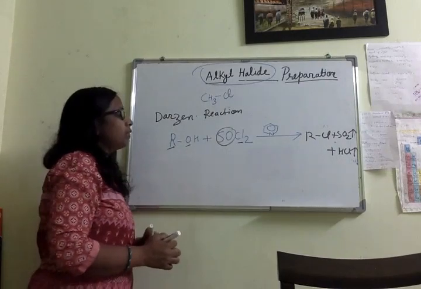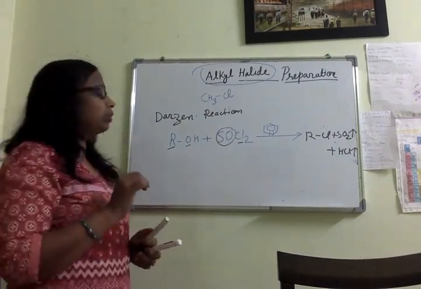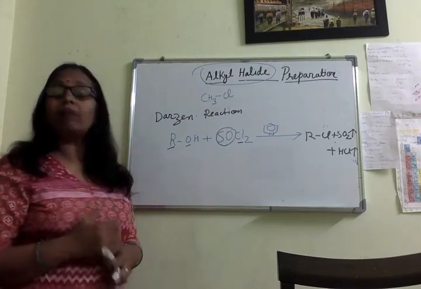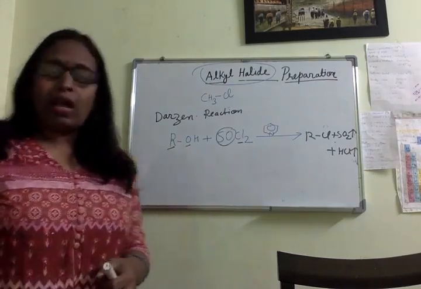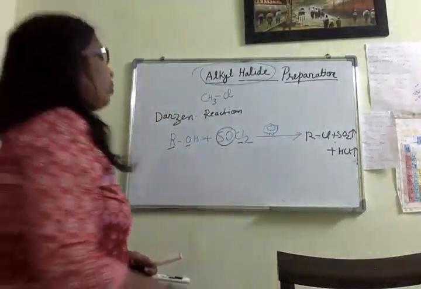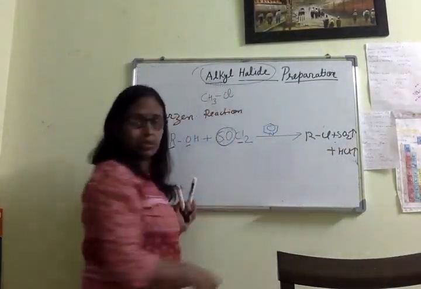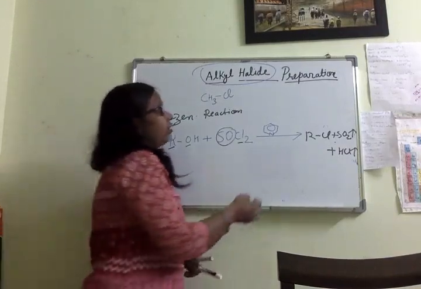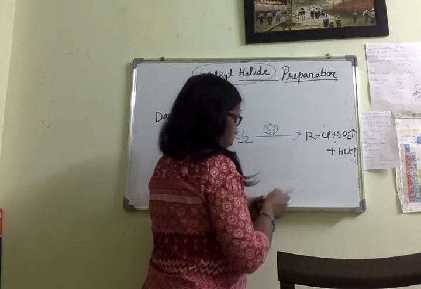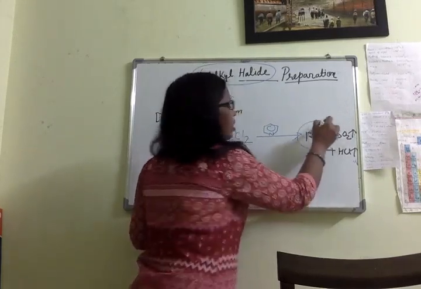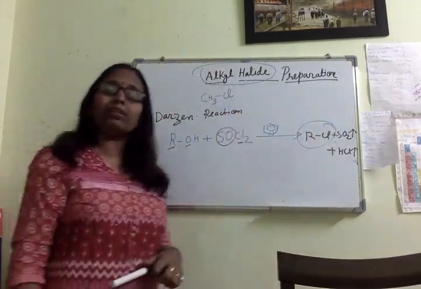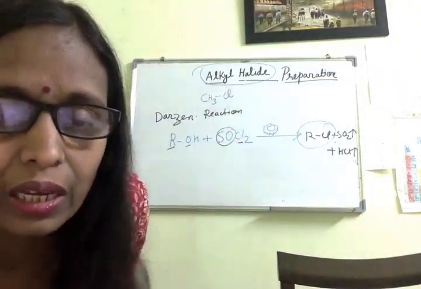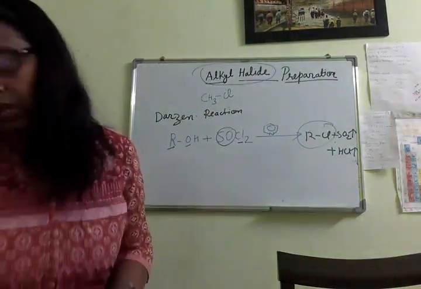So that is why in this year's CBSE question paper they asked why this method is the best method for synthesis of haloalkane. Then you say because the side products are in the gaseous state, they are liberated, and we get a pure product, RCl. This reaction is called the Darzens reaction. Is it clear, beta? This reaction is called the Darzens reaction.